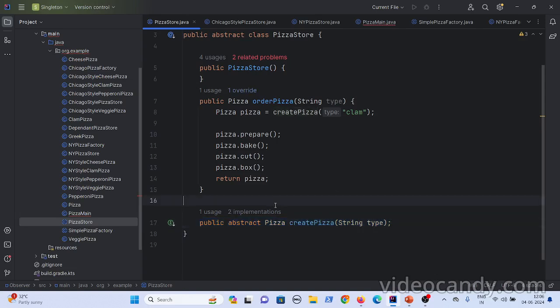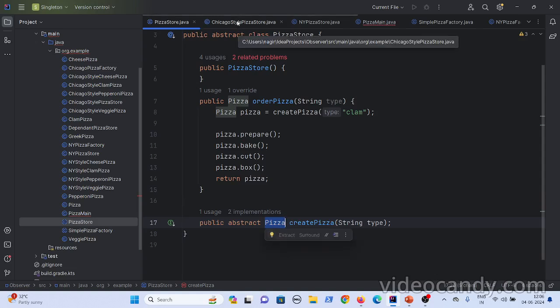So your factory method is an abstract method, and the return type of that is the product, because as the name suggests, a factory is nothing but a method or a class which produces something. Here it produces your products. Okay, so this method will give you the product, and that product depends.